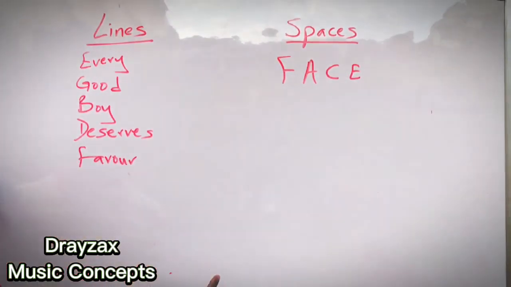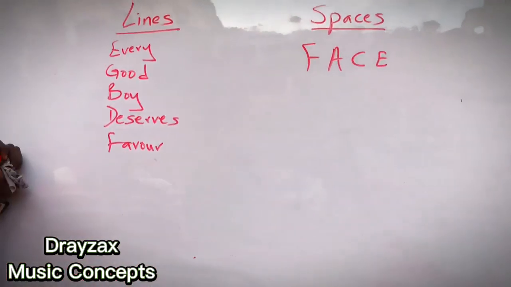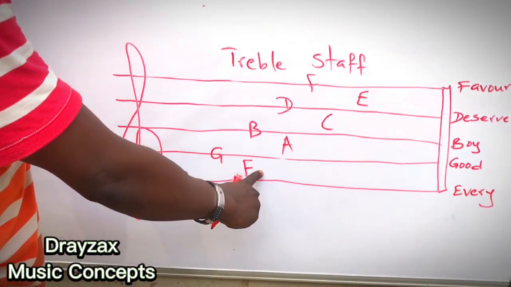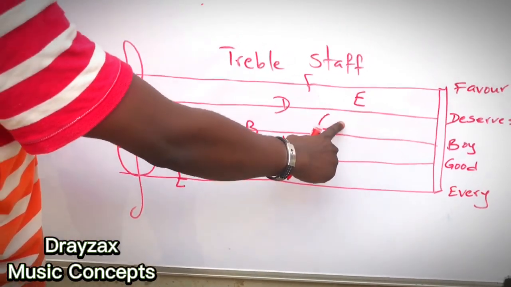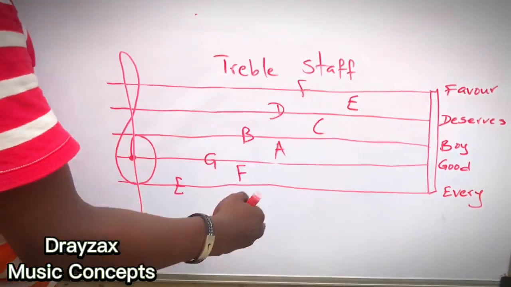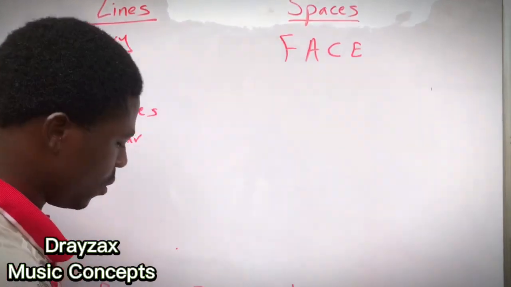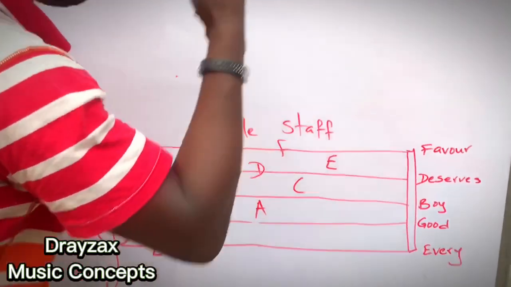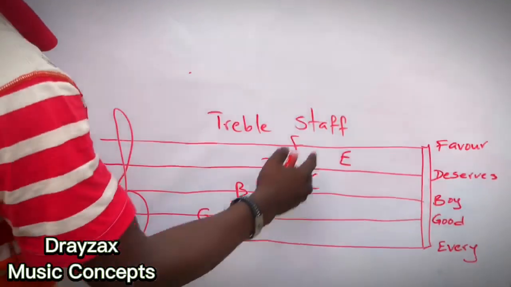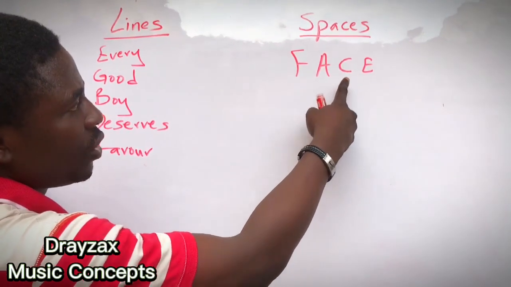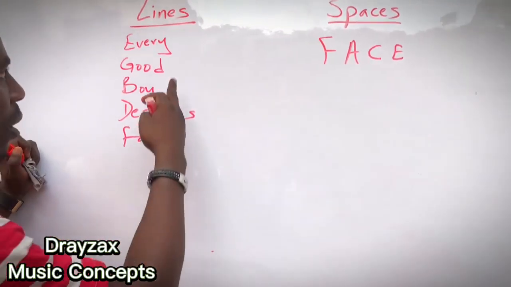This one has already spelled itself. If you look at it, this one has already spelled itself. Look at it here. FACE. So what does that mean? Face. Your face. Face, right? So that one has already spelled itself. So for the spaces, you have a what? FACE. And for the lines, you have a